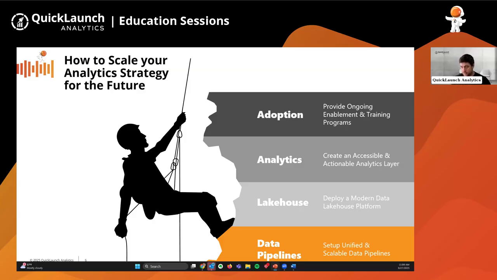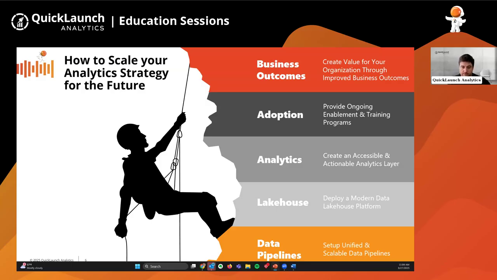This adoption layer is what enables the last piece of this, which is business outcomes, or the summit, right? So this is what all the work is for. It's creating tangible business value through improved outcomes, right? Whether it's increased revenue through identifying new opportunities or decreasing costs. These are all real outcomes that we're driving for our customers. And again, it's not just theoretical; it's a proven approach that we're currently implementing for customers.